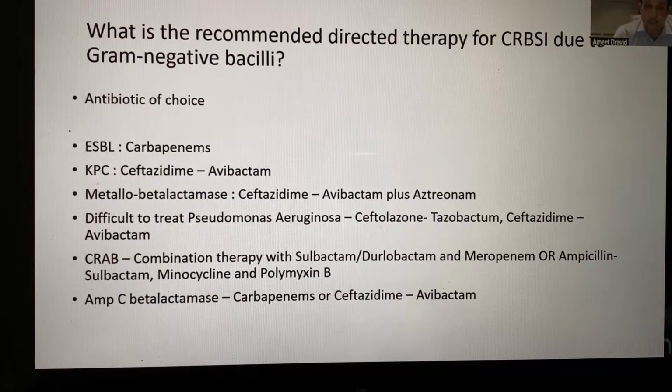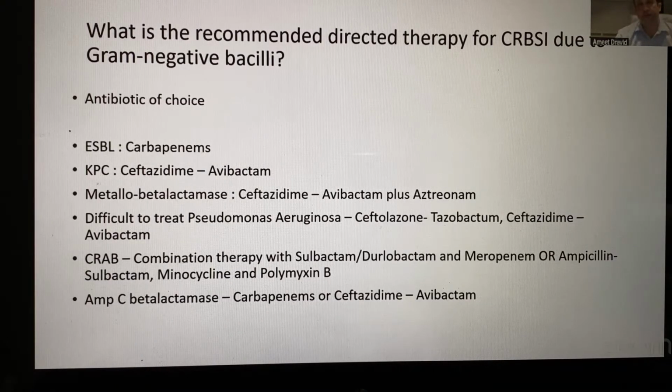And if it is Acinetobacter, which is a rare cause of CRBSI, there a combination of sulbactam, minocycline and polymyxin B can be used for CRBSI. So for gram-negative bacilli, the culture which we send, the centerline culture, the peripheral culture, the organism which grows, not